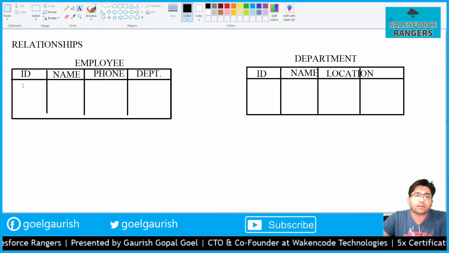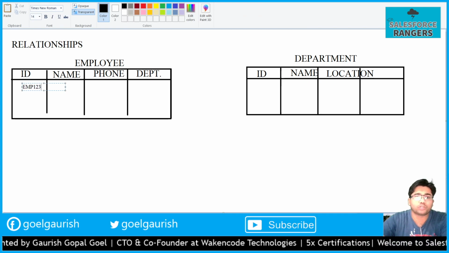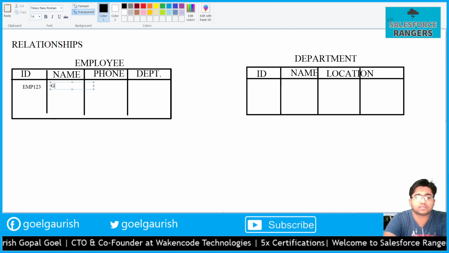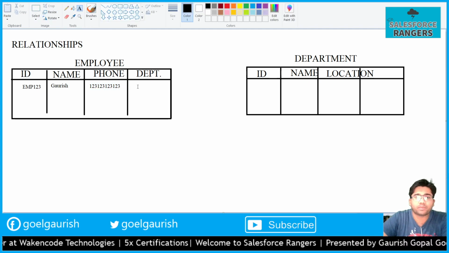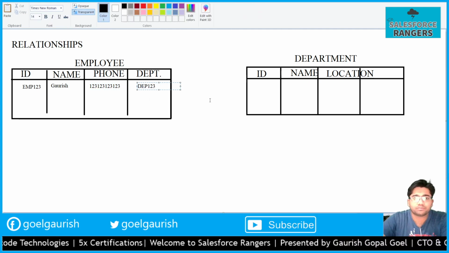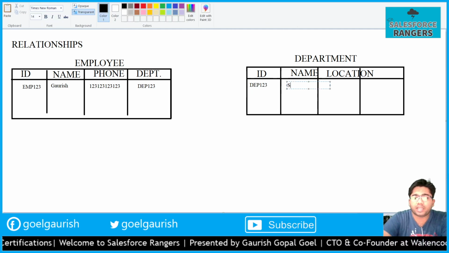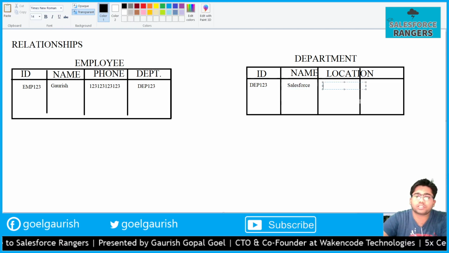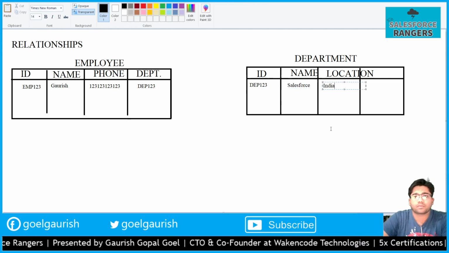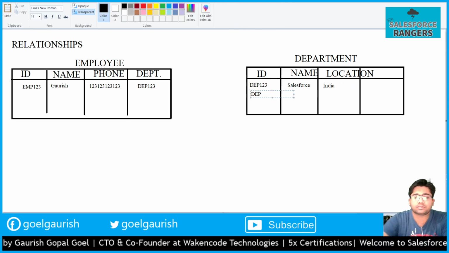For example, let's say my employee ID is EMP123, name is Gorish, phone 123 123, department ID DEP123. Now I will have DEP123 here, name Salesforce department, location India.